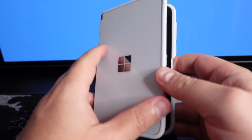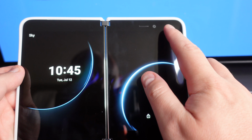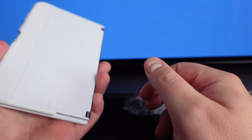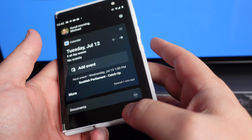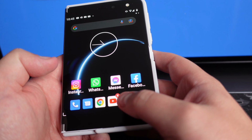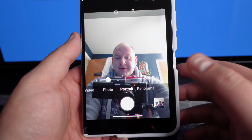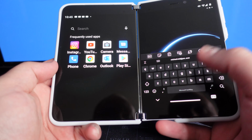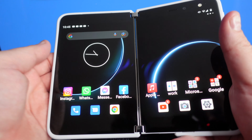The Surface Duo 1 has a single 11 megapixel camera situated in the inside right hand screen. So yes, if you're looking to take photos quickly, that won't happen. You have to unfold your device, unlock the device, make sure the software cooperates. There you go, there's an 11 megapixel camera, yay. Trying to sell this phone will not be based on the software, we'll get to that, or the cameras, but